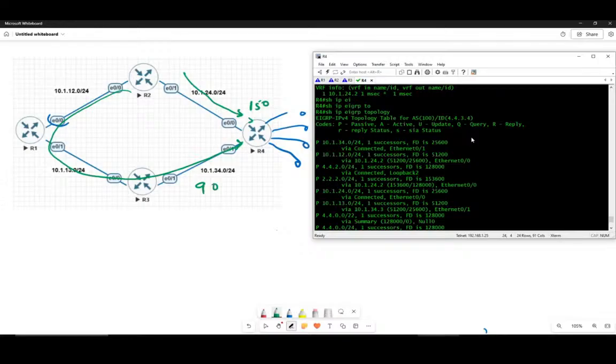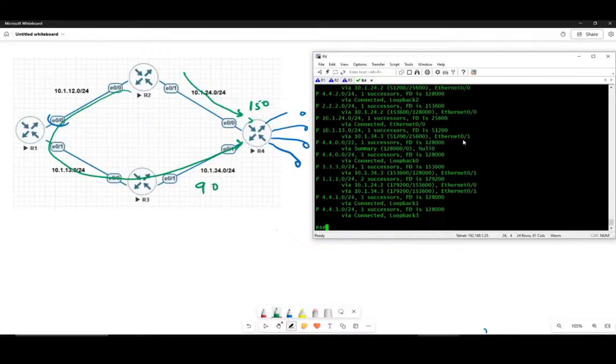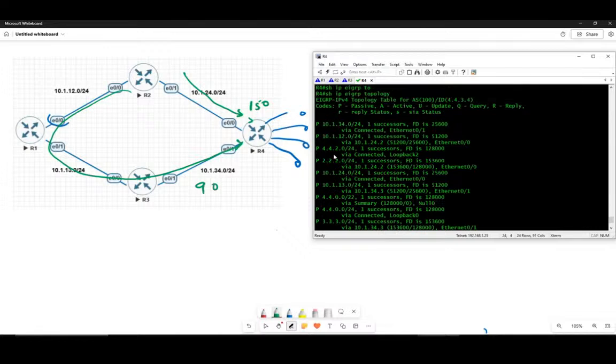That is how EIGRP works. So if the flag is passive, it shows that everything is working as expected. If we see one of the other flags, then there is an issue, like a reply or query that is not responding from one side or the other. For this, suppose this network, if you see query, so I have this network information